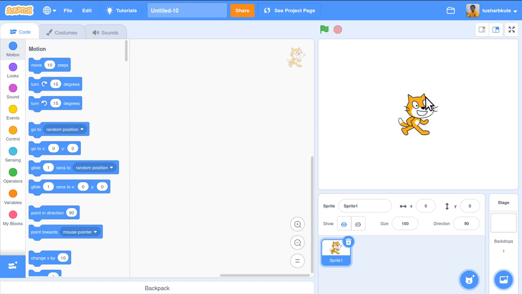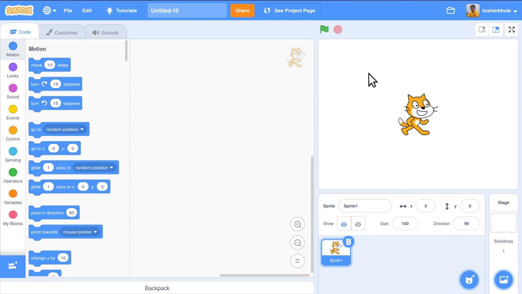My task is to move this cat as per the movement of my mouse. As I move my mouse, the cat will look towards the pointer and then start moving towards the mouse. That's my aim for this code. And this operation is done forever, infinitely.